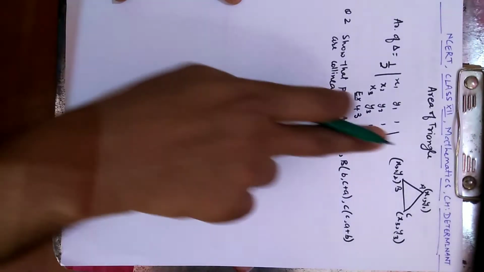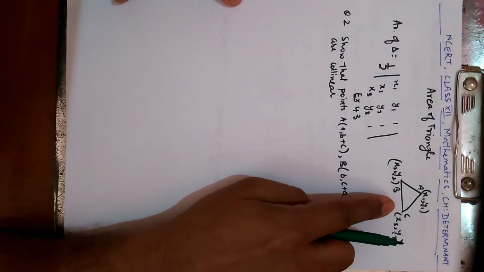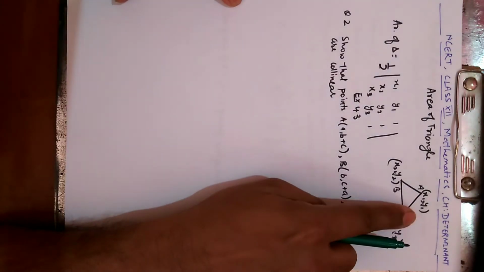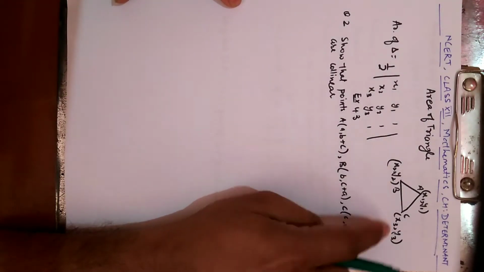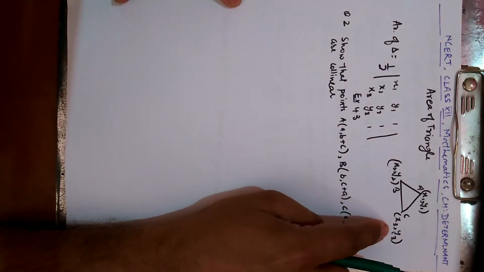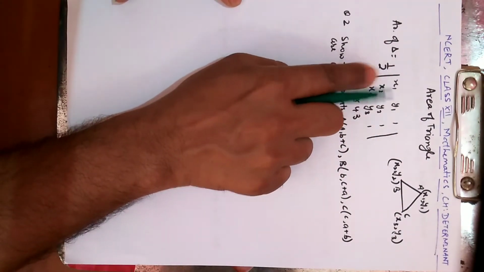Today we are going to learn how to find the area of a triangle using the method of determinant. In this example, I have taken general numbers. Let A (x1, y1) be the vertex, B (x2, y2), C (x3, y3). Then the area of the triangle will be 1 by 2